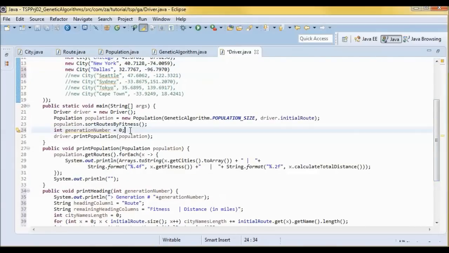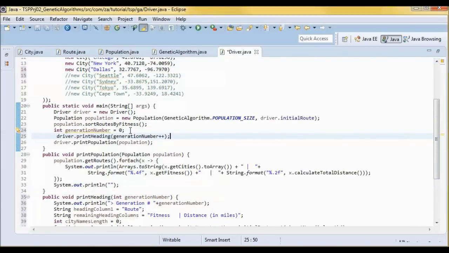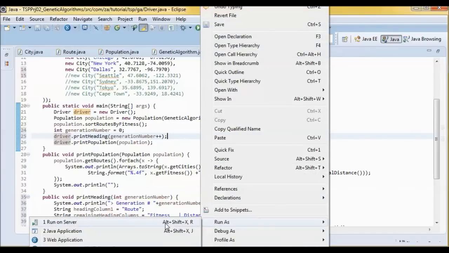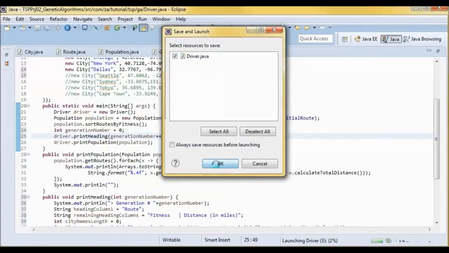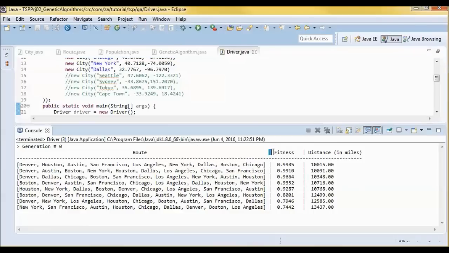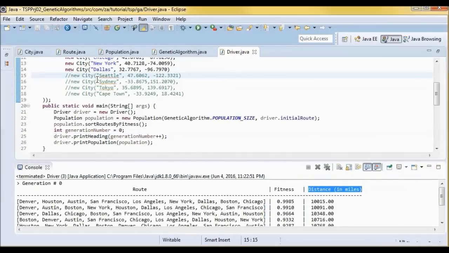So let me call it from here, driver.printHeading, passing in this generation number. So if I test run it, we have the route and ends here, given the size and the fitness and the distance. So let's go back to 10 cities.